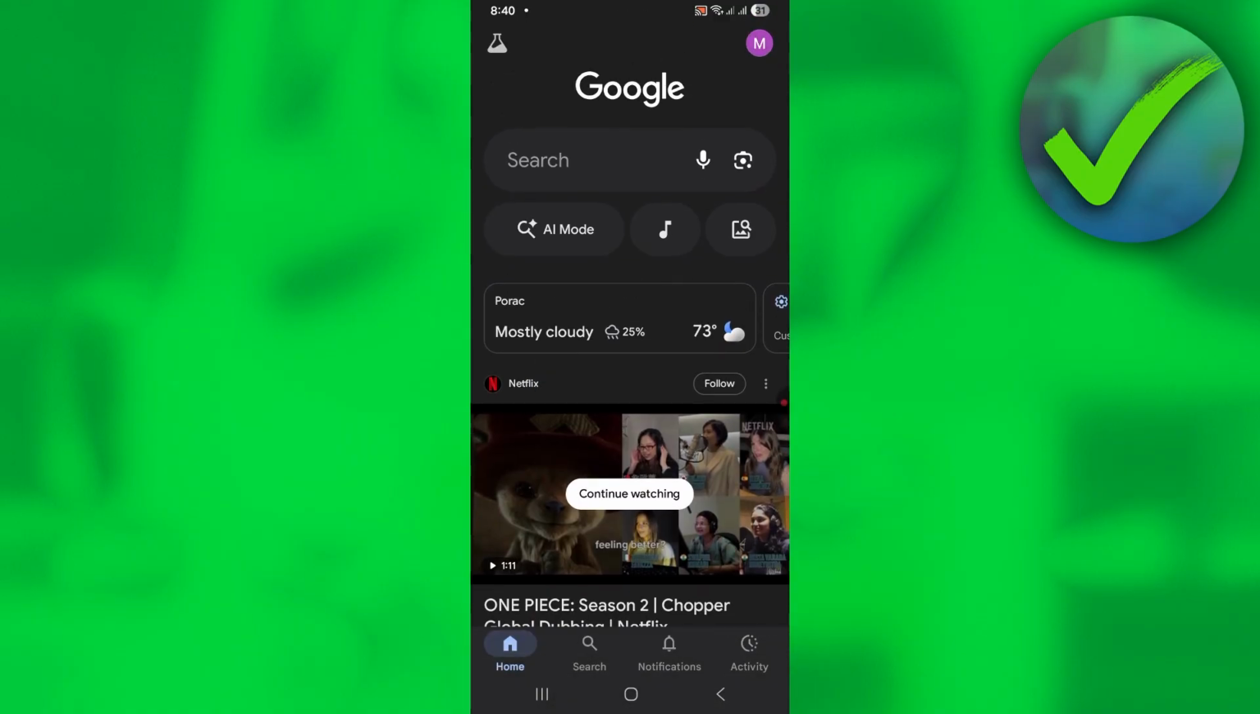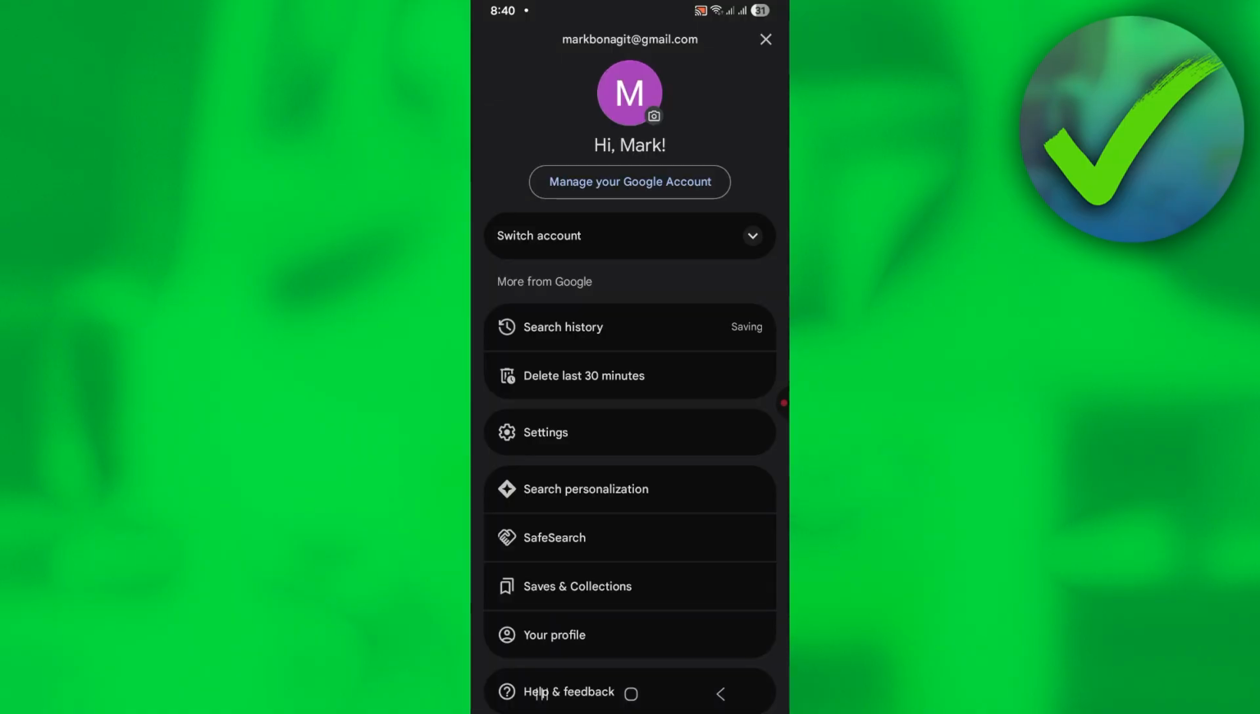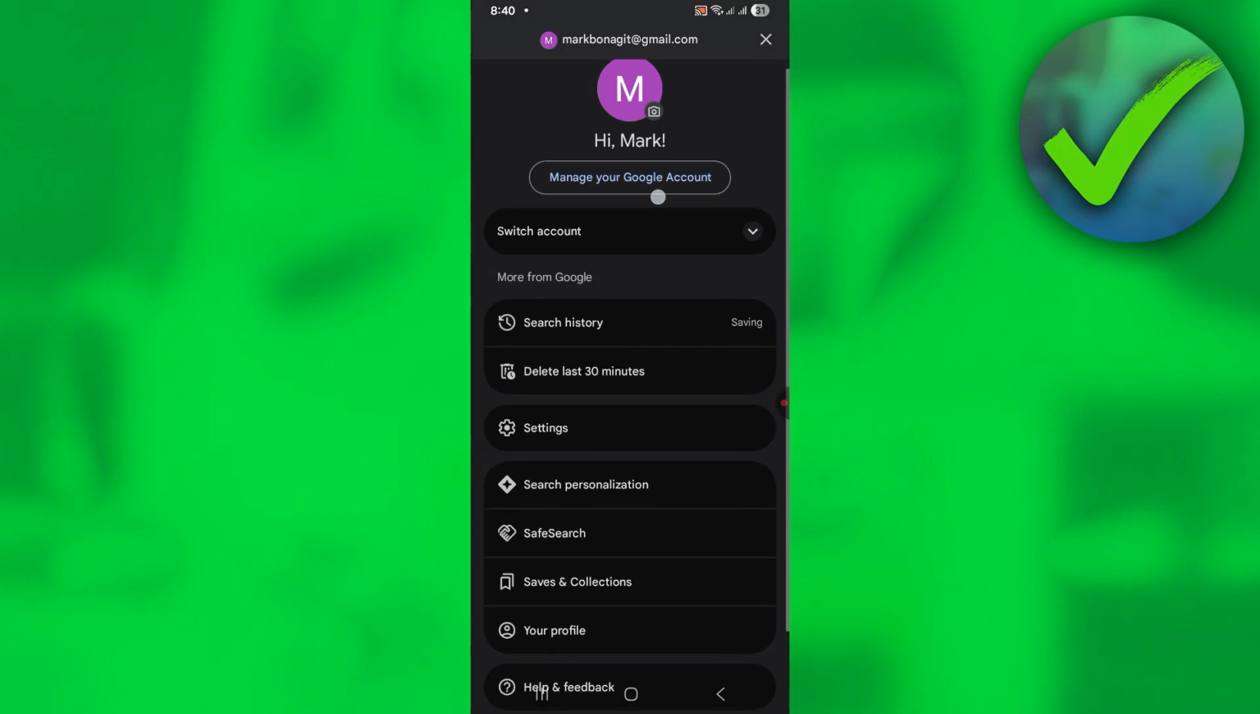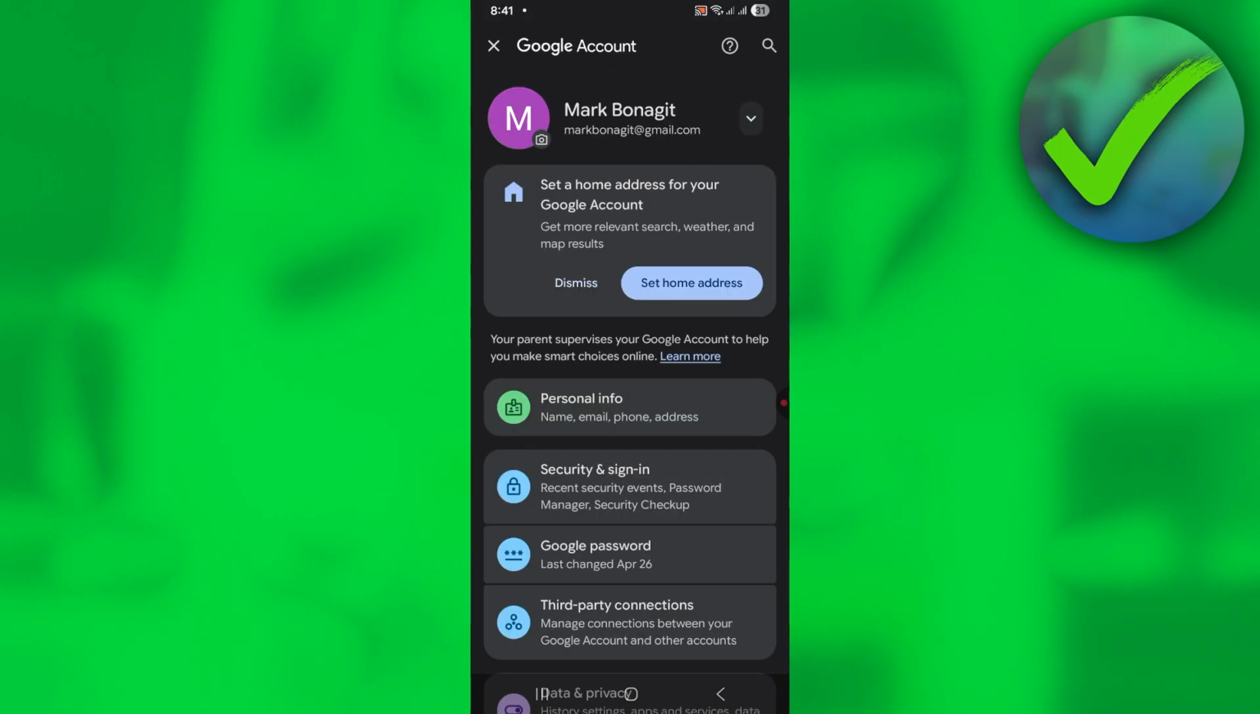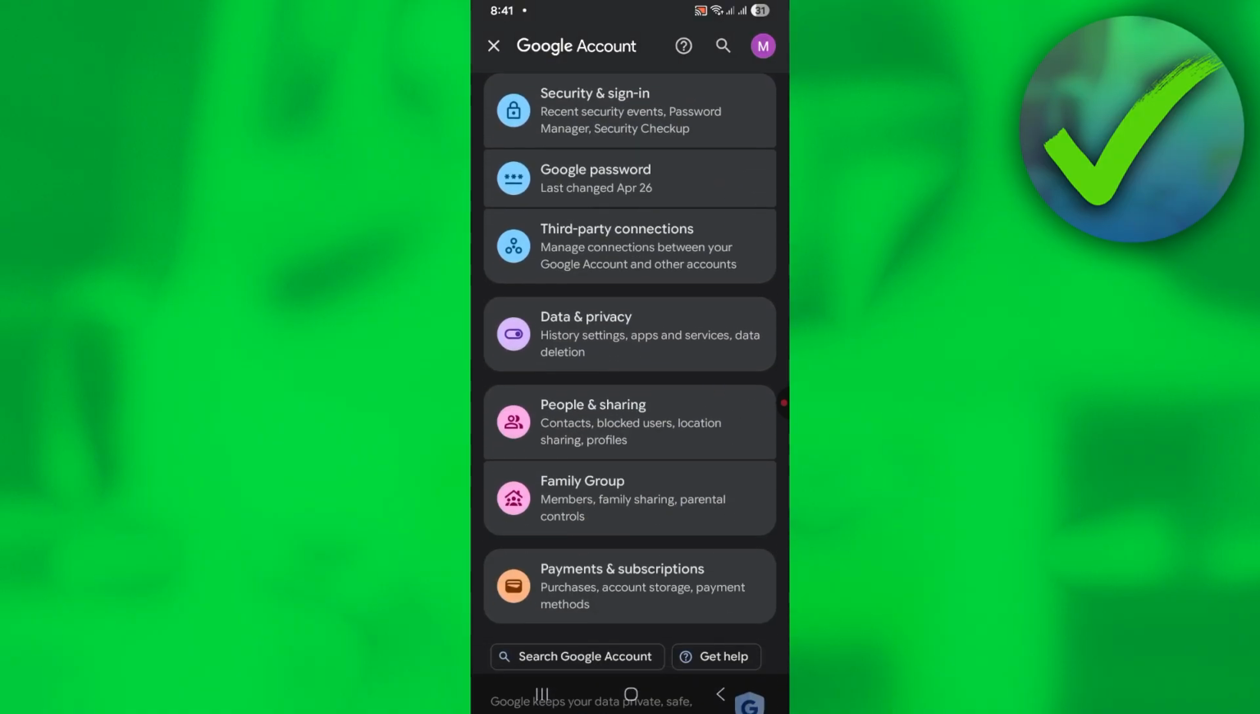our Google app, and then once you are now here, on the upper right corner of the screen, just click your profile picture. After that, just click manage your Google account, which is right here. And then once you are now here, what we're going to do is to just scroll down until you see